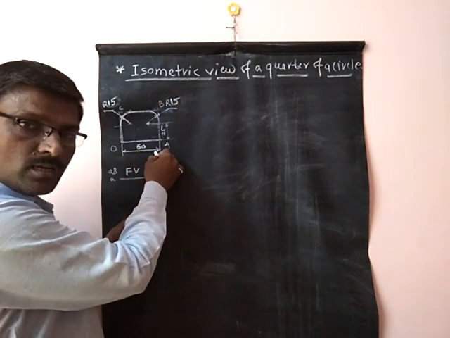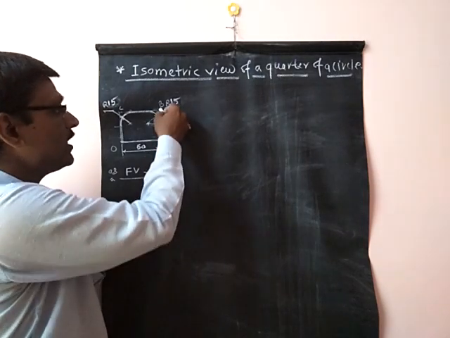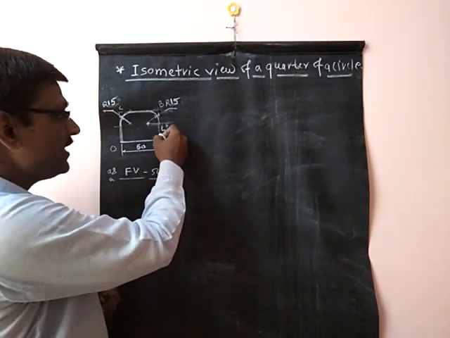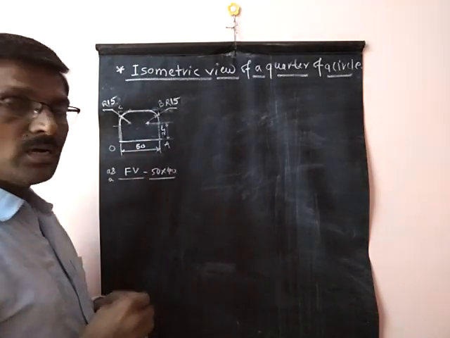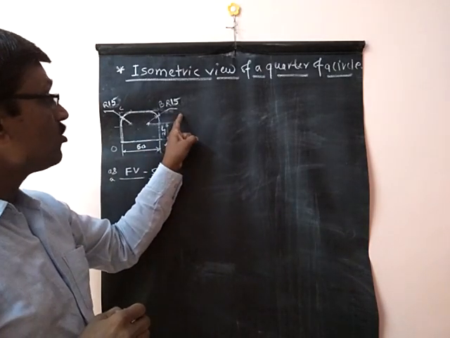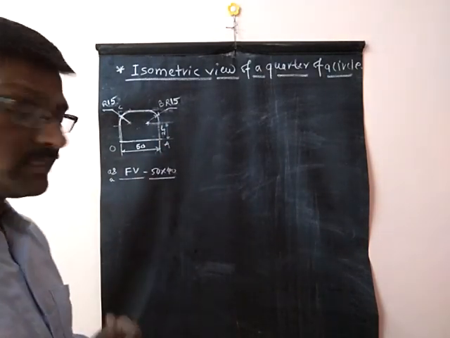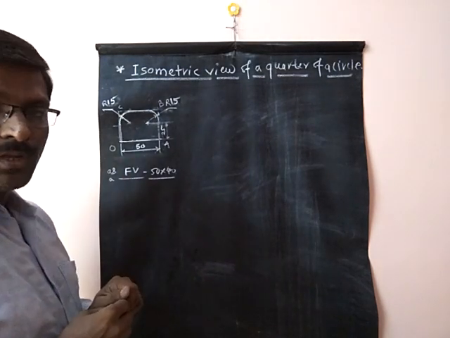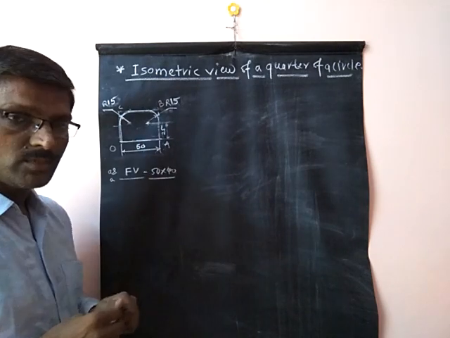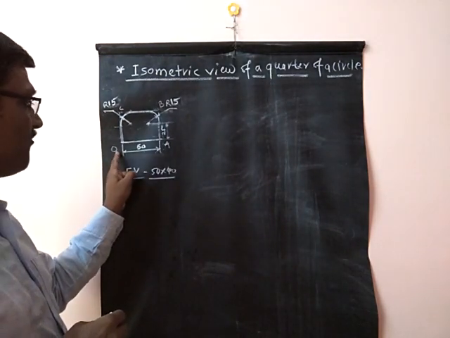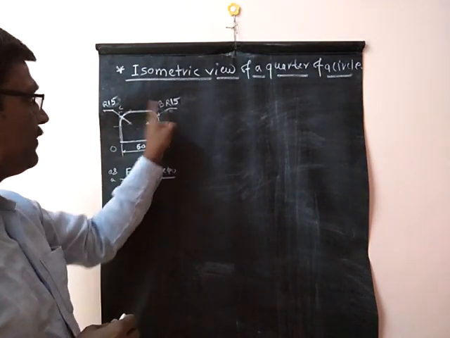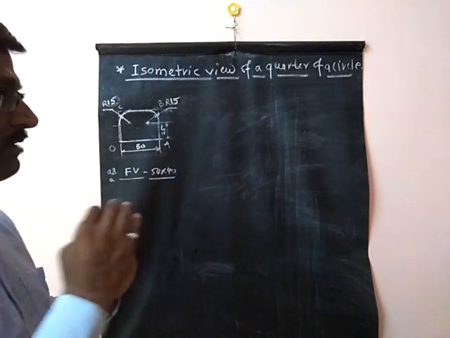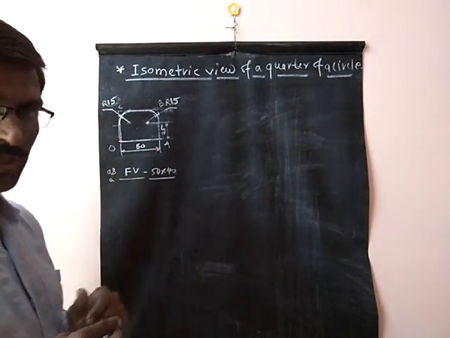The length of this particular two-dimensional plane is given, as well as the height. But this height has two arcs at the two corners, of R 15 millimeter, that is, radius 15 millimeter, and this is as if we are looking at it from the front view. Now we will proceed further for drawing this, but this figure is enclosed in this OABC quadrilateral, so that it will be easier for all of us to draw.